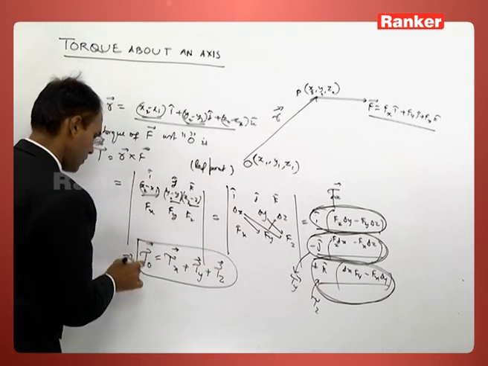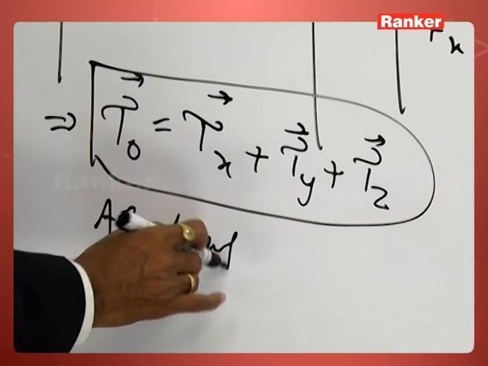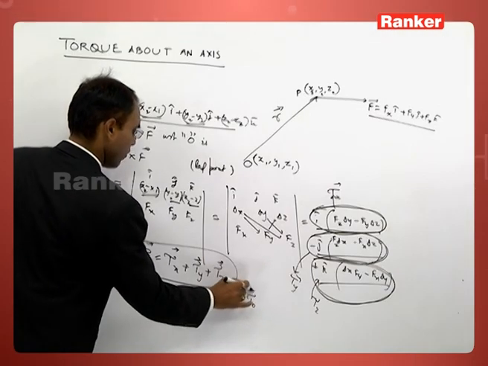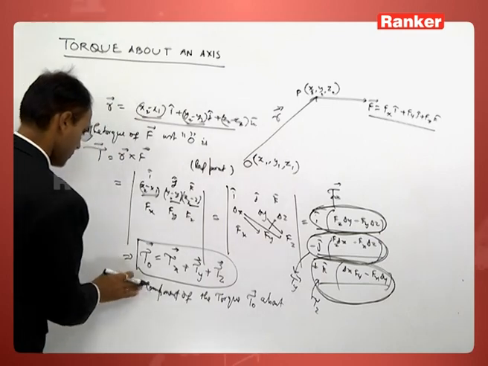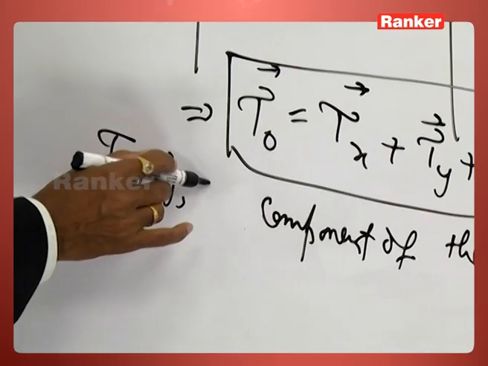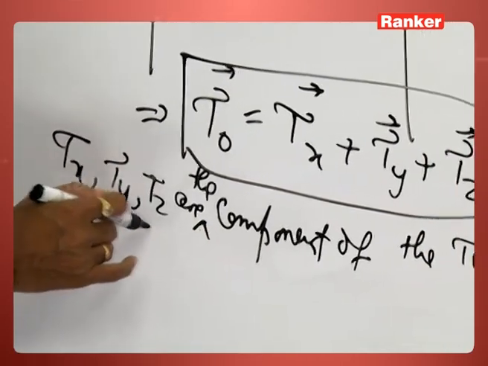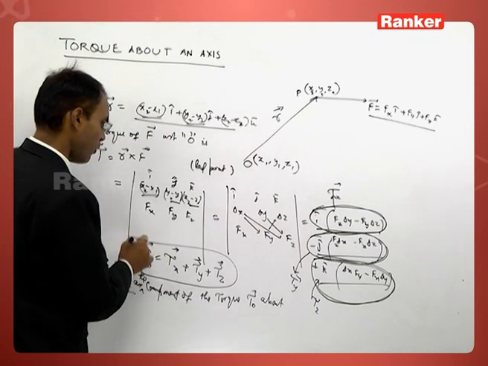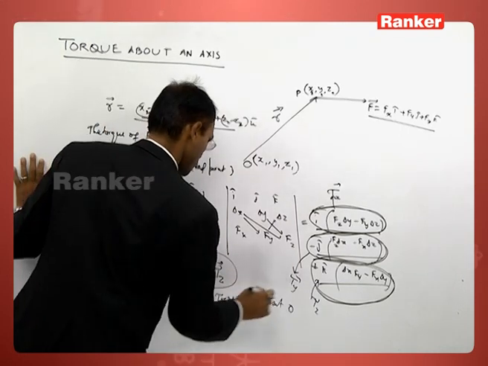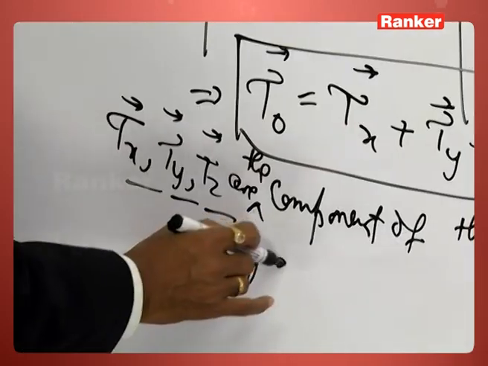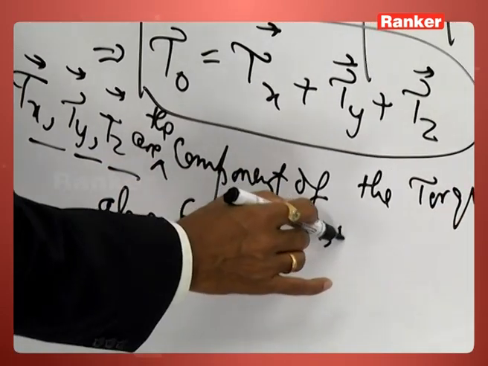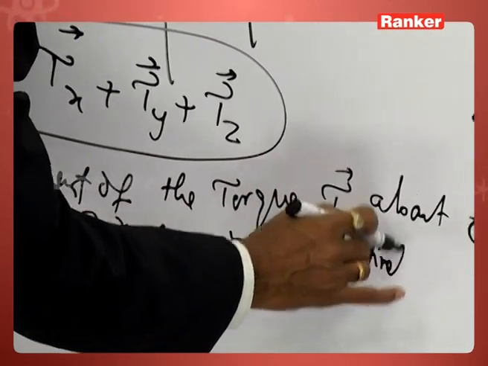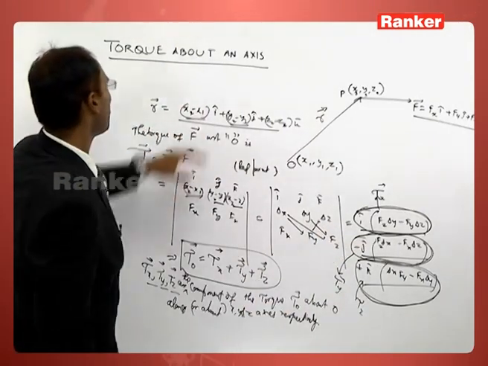Therefore, tau x, tau y and tau z are the components of the torque tau, torque about the point O, along or about x, y and z axis respectively. So the torque about an axis